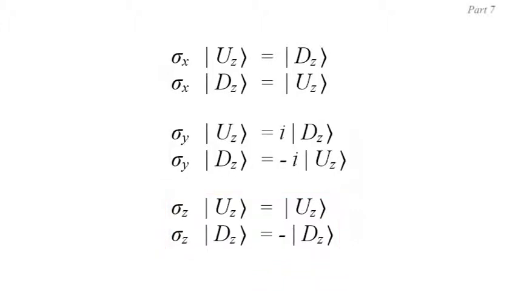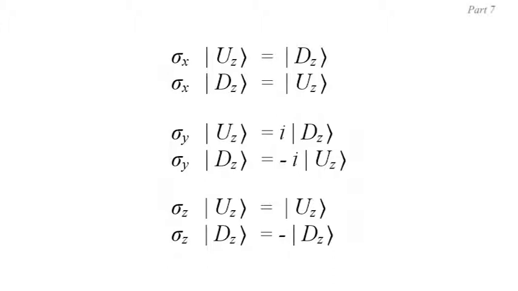Anyway, these 6 equations are going to be very useful later when we start to think about entanglement. We'll have occasions when dealing with the mathematics of entanglement where we will need to operate with sigma x or sigma y on the basis states of up and down, the z direction states. We will need to know and use these 6 results, and we'll need to be convinced that they make sense